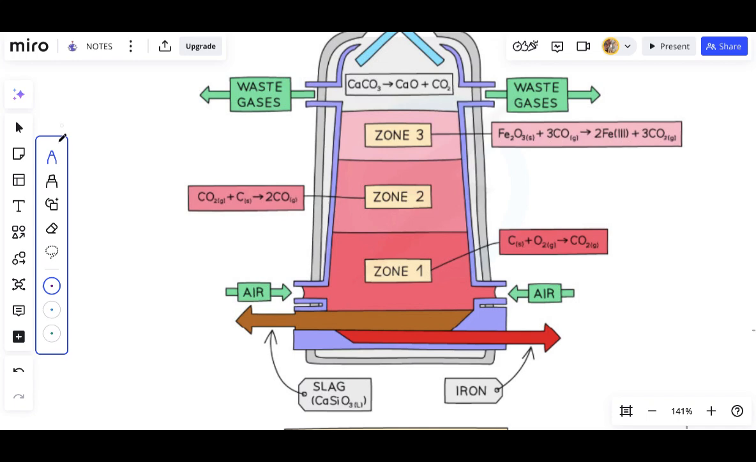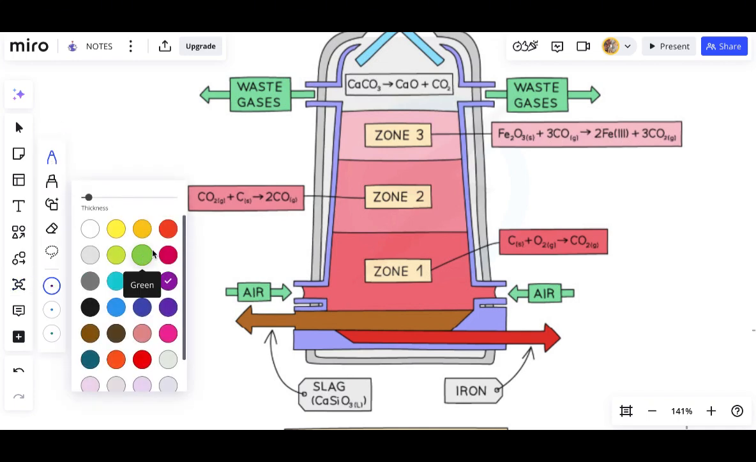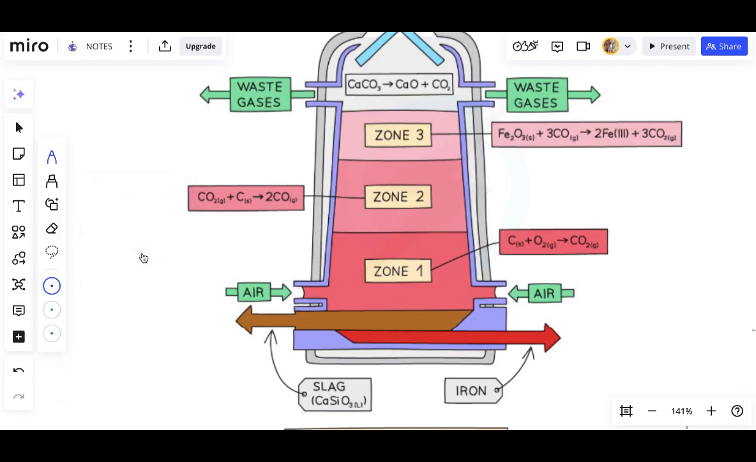It reacts with the carbon from the coke. The hot air reacts with the carbon from the coke to produce what? To produce carbon dioxide. So carbon from the coke reacts with the air, hot air, to produce carbon dioxide. This is the first equation, and this is what is happening in zone 1. So carbon from the coke reacts with the oxygen from the hot air to produce carbon